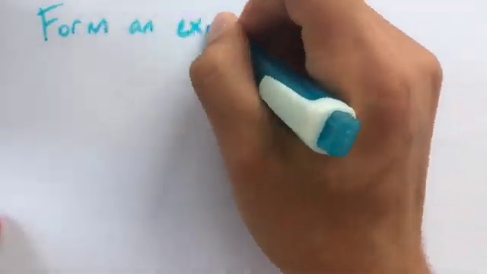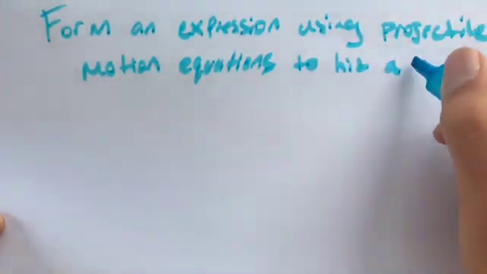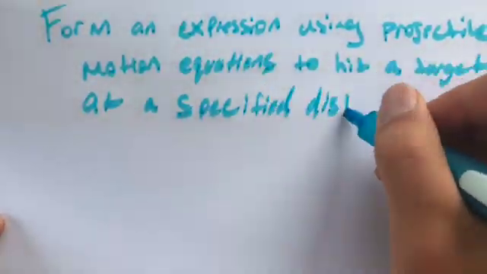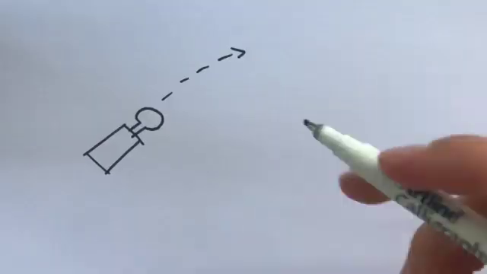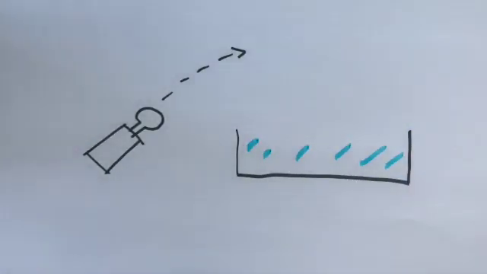The aim of this lab was to successfully hit a target at a specified distance using a LEGO dart launcher by applying our knowledge of projectile motion equations to construct an accurate dart firing mechanism. Each group was supplied with a dart and a dart launcher, as well as given access to a crate of